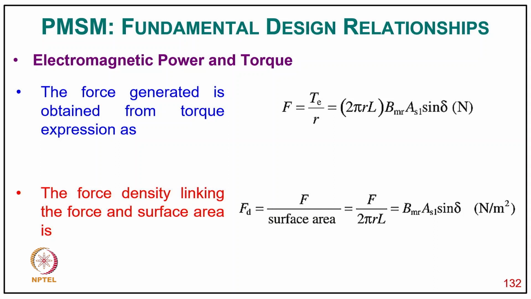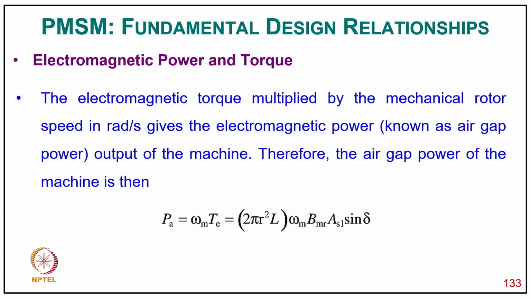Now the force generated is obtained from the torque expression. So F equal to T by r, that is 2 pi r l B_mr A_s1 sin delta in newtons, and the force density linking the force and surface area, F_D equal to F upon surface area, that is F upon 2 pi r l, that is B_mr A_s1 into sin delta newton per meter square. So now electromagnetic torque multiplied by the mechanical rotor speed in radians per second gives the electromagnetic power, known as air gap power output of the machine. So therefore the air gap power of the machine is then P equal to omega_m T, that is 2 pi r square L into omega_m B_mr